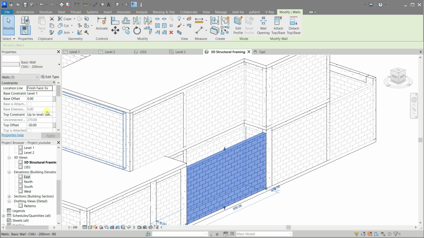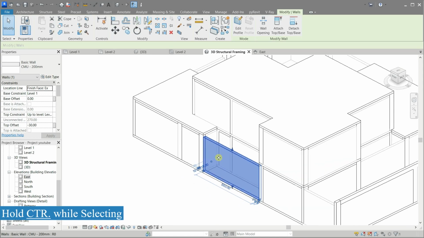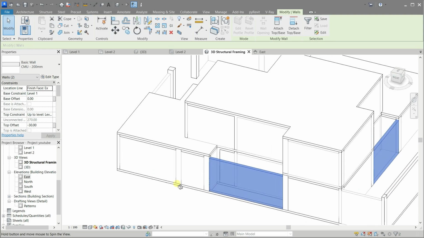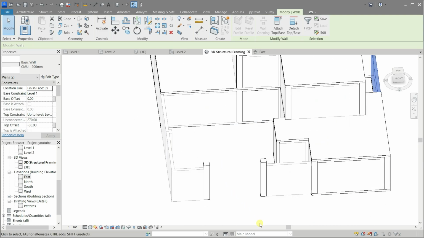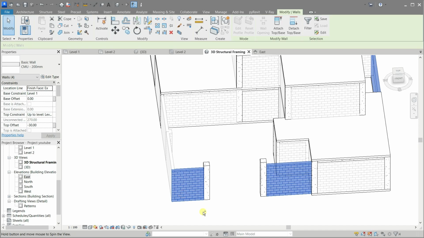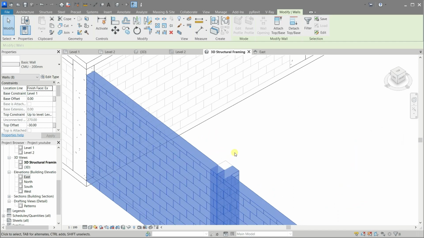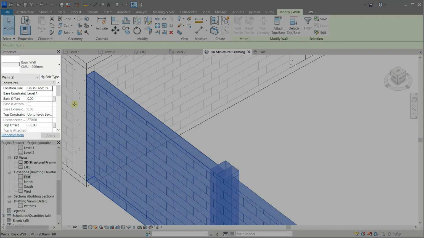Select them and hold the Ctrl key while doing so to be able to multi-select. Lower their height by -100, that will be okay.